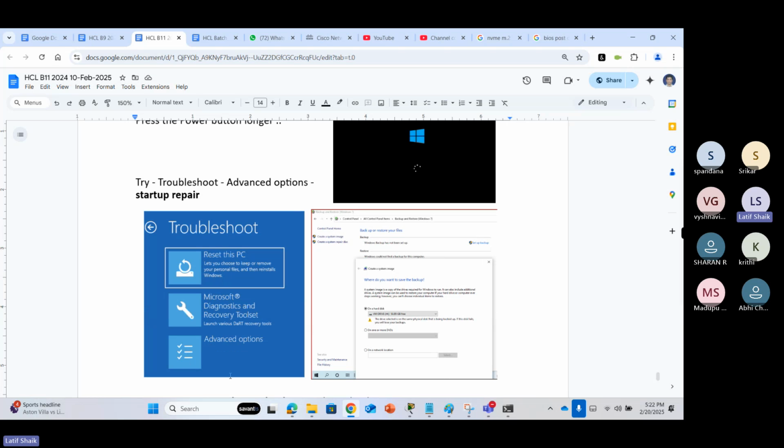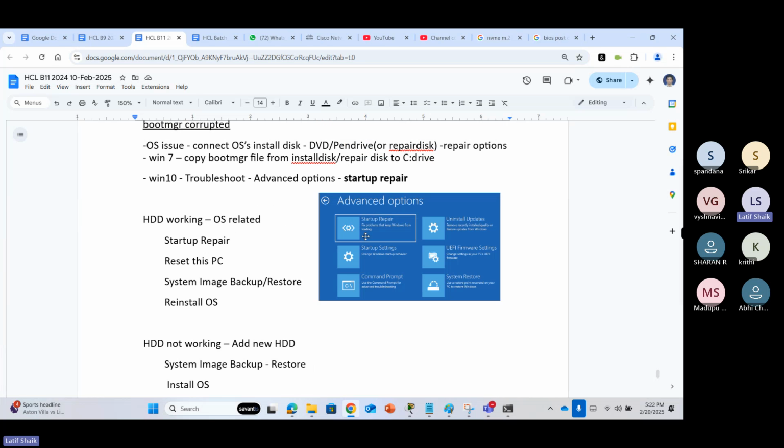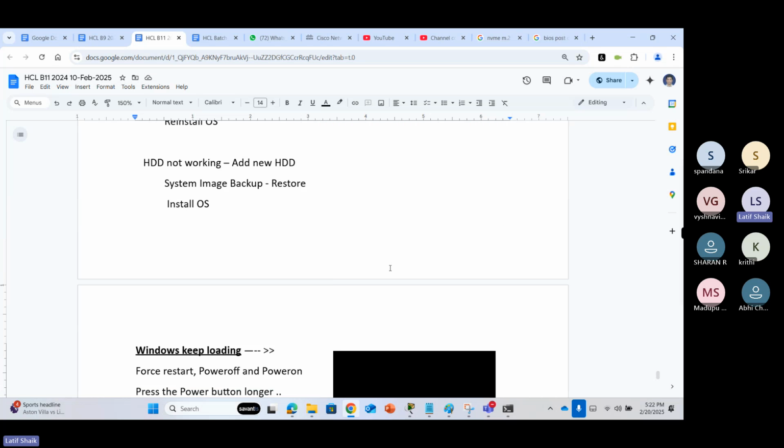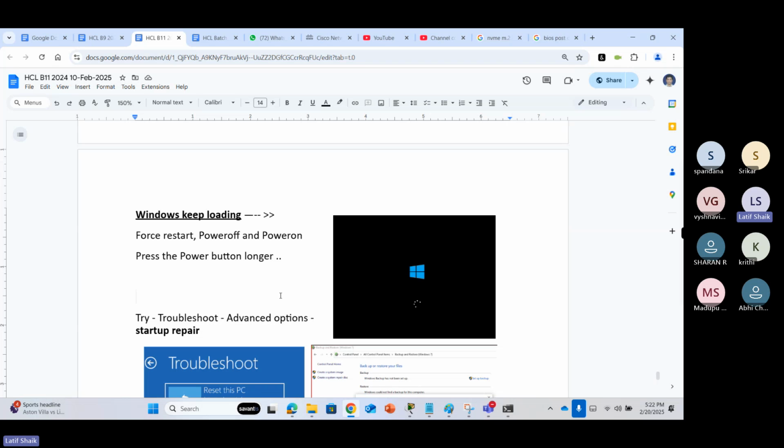In troubleshoot, you have to select advanced options. In the advanced options, you have to select startup repair. The startup repair fixes your startup files and all. Then after that, you will be able to load your operating system properly. That is when your Windows is showing the keep loading symbol. Windows keep loading means, restart multiple times